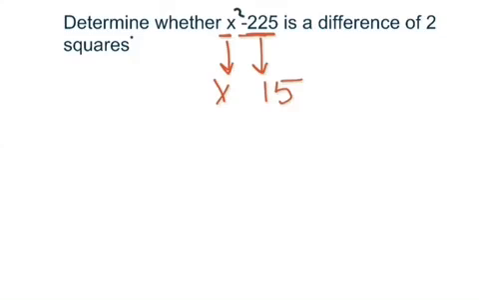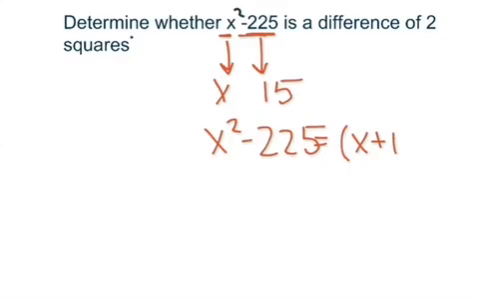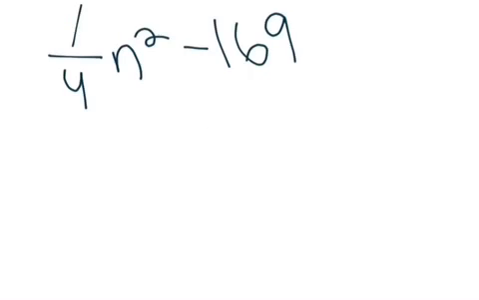In factored form, it's simple. x squared minus 225 equals x plus 15 times x minus 15. Okay, let's move on. Our next thing is